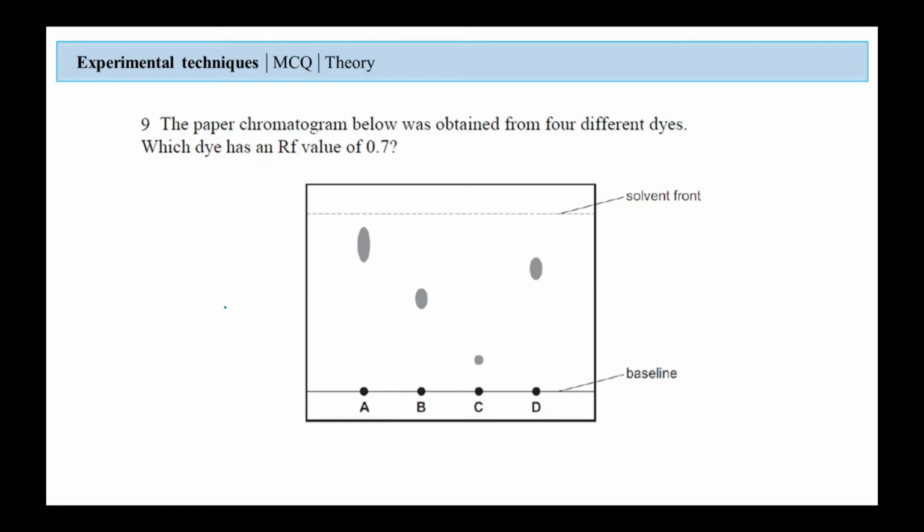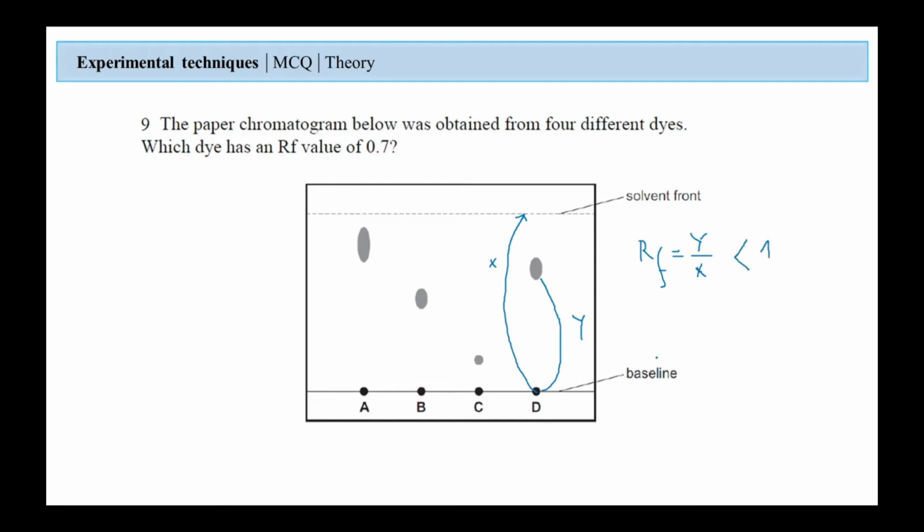For the following question, we have that the paper chromatogram below was obtained from four different dyes. The question here is which dye has an RF value of 0.7. The RF is the retention factor. And by definition in the course, we said that the RF is equal to the distance moved by the substance, for example, Y, over the distance moved from the baseline till the solvent front, which is the distance moved by the solvent. Let's say that this is equal to X. So the RF, by definition, will be equal to Y over X,